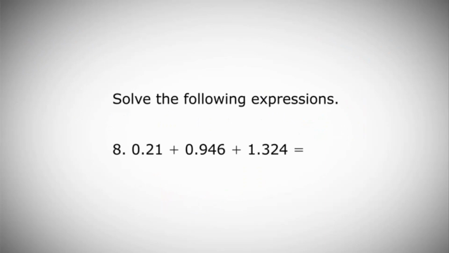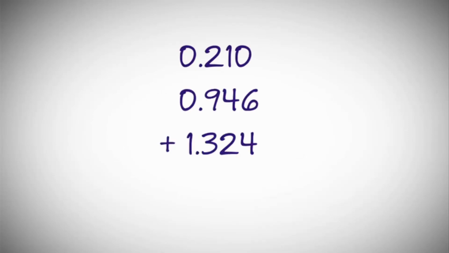Let's take a look at example number 8. This example contains only decimal numbers, and we're supposed to solve the following expression: 0.21 plus 0.946 plus 1.324. The trick here is to line up your decimal points and then add each number in its column from right